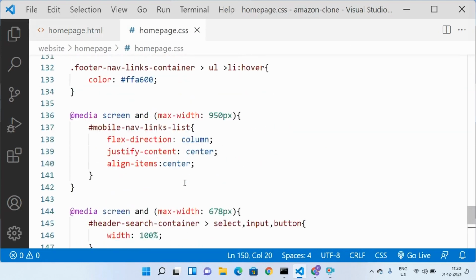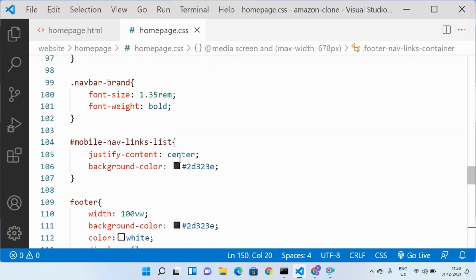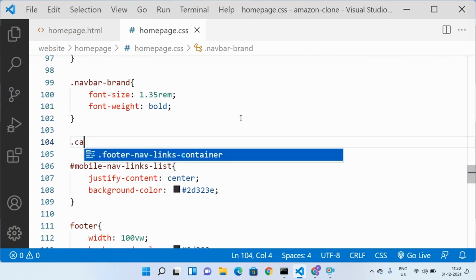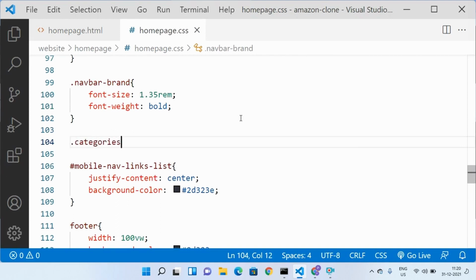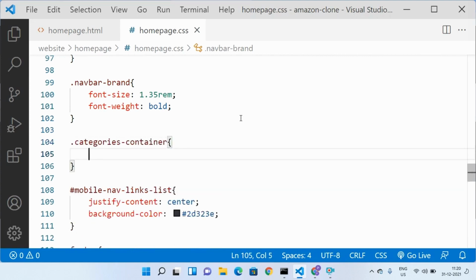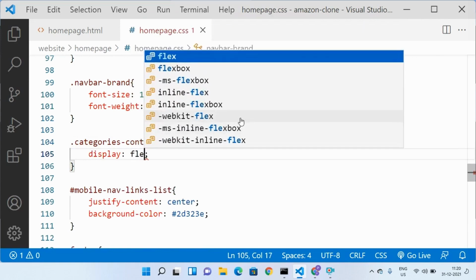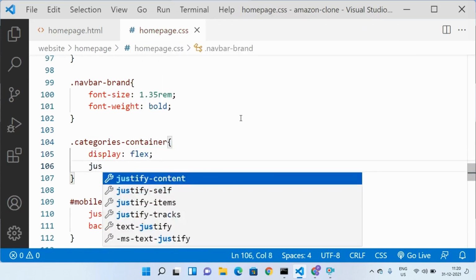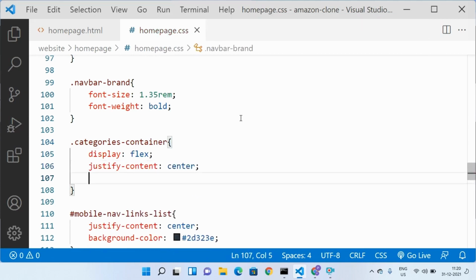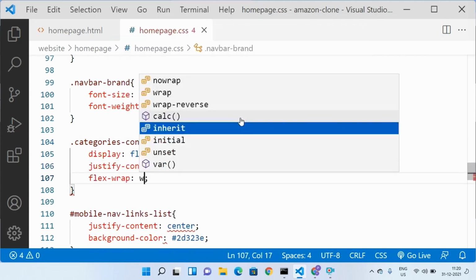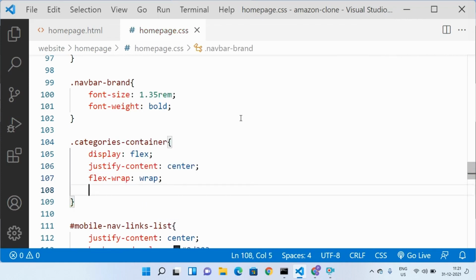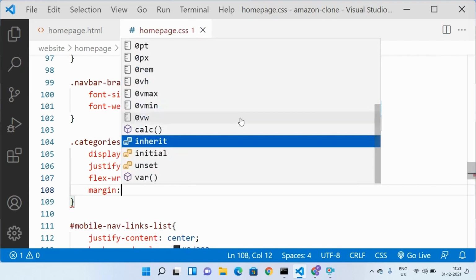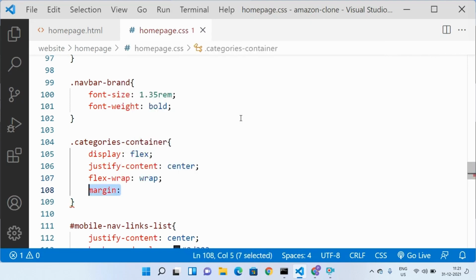Let me go to this, and just in between the header and footer, let us add one selector for categories container, and let us give it display flex, and we want them to be in the center, so let us give it justify-content center, and let us give it flex-wrap, and then let us give it some margin. Okay, let us experiment with this later.